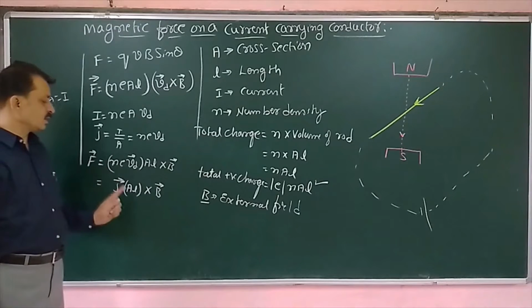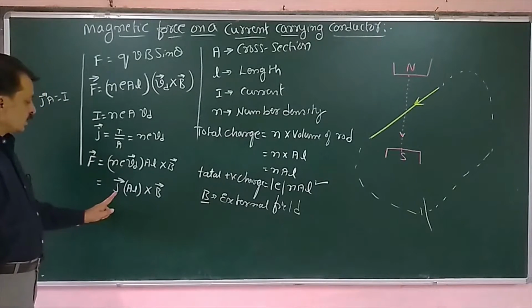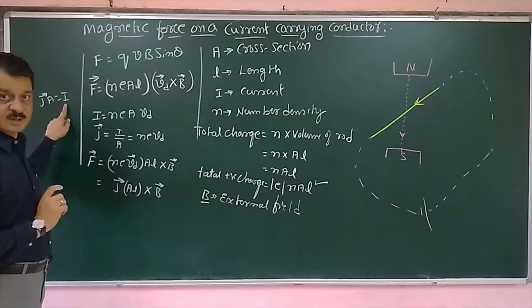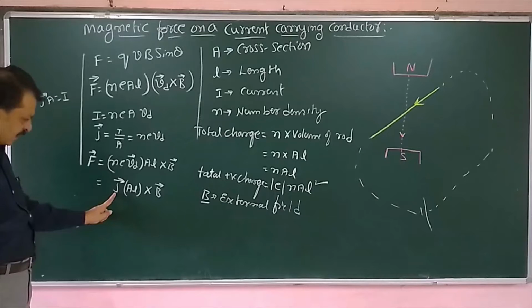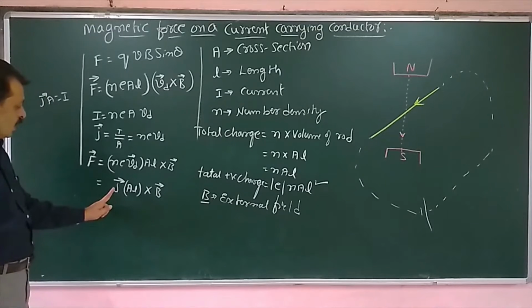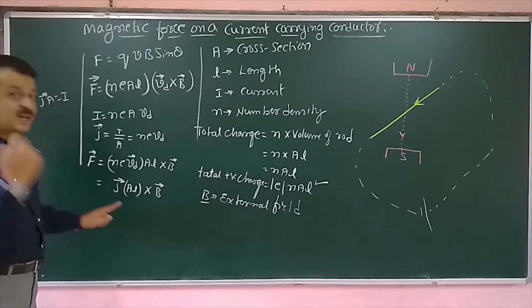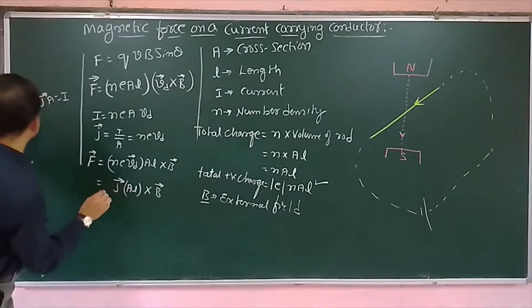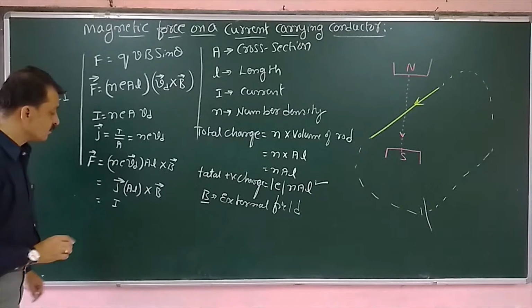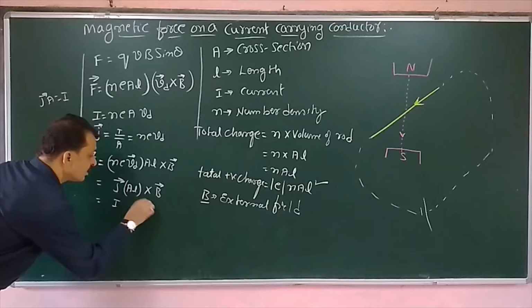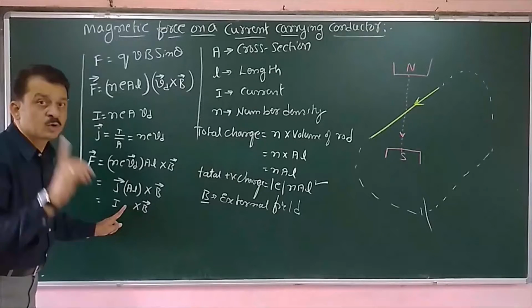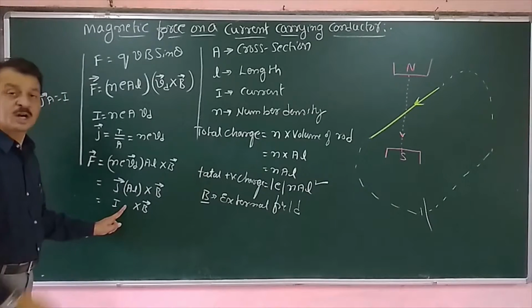Now one very important thing you should remember here, current density is a vector quantity, but current is a scalar quantity. Clear? Now here we have a vector. Now this force is the cross product of two vectors. Now I am replacing J into A by the current I. Okay. Now J into A is nothing but the current I. If I replace it by a current I, it becomes a scalar quantity. Now here we are having cross product with vector B. Here you should have one more vector to get the cross product. It should not be violated.